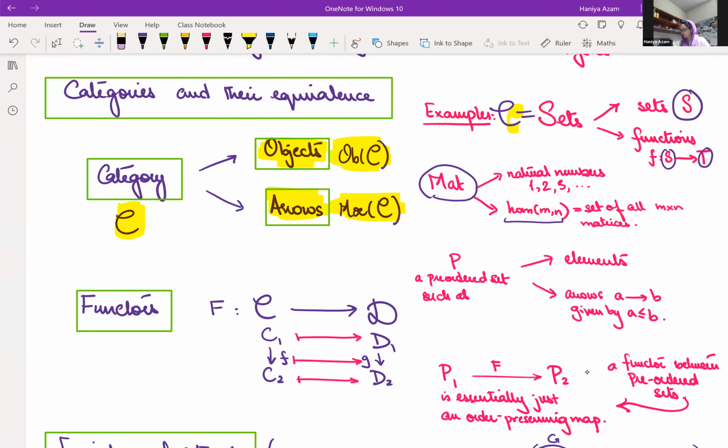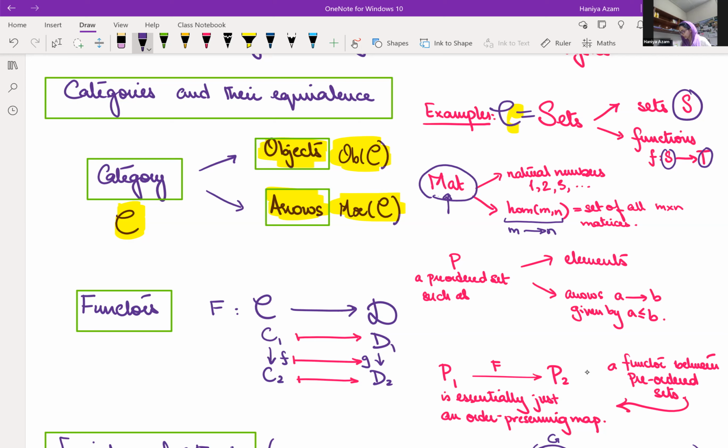So this is another way of writing arrows. So I can also say that this arrow is there. This arrow has this definition. It's the set of all M cross N matrices. And that's where the name Mat comes from. Okay, so this is